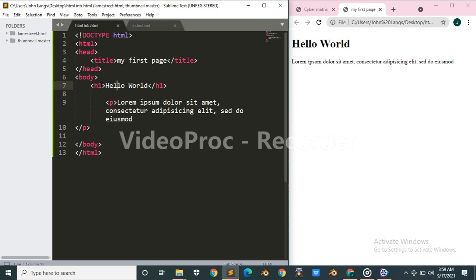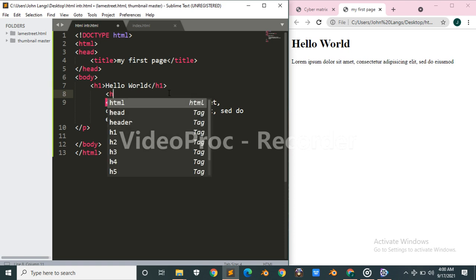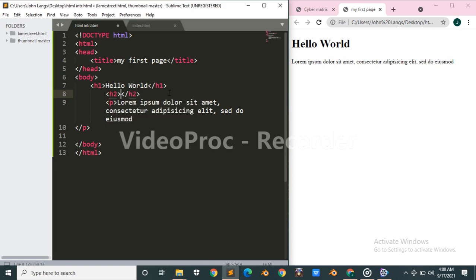Like header 2 is smaller than header 1, header 3 is smaller than header 2. So if you want an even smaller text, you can put maybe header 3, header 4, 5, so that you can have a smaller text than hello world. Now if I say H2, and I write in hello world,